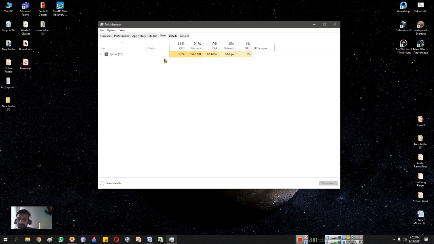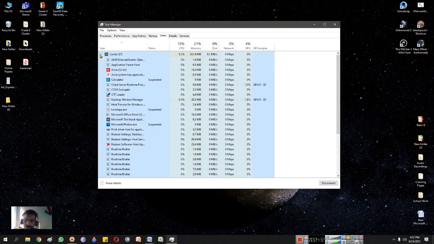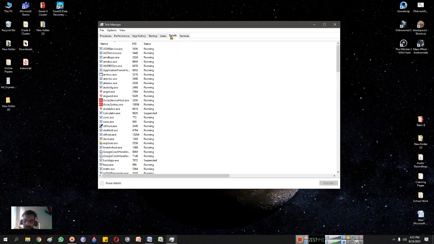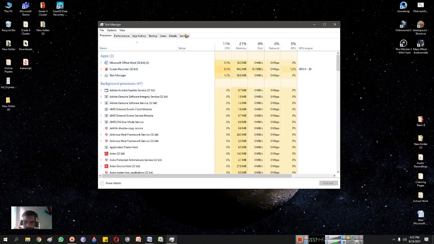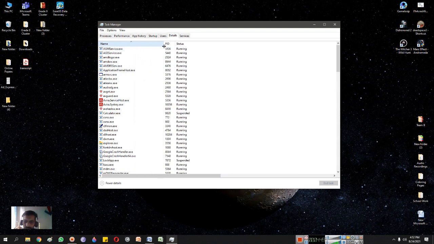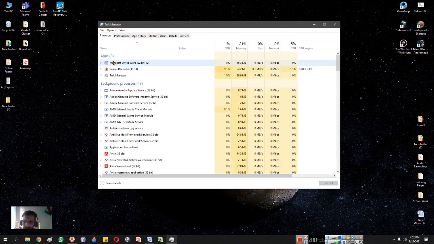Over here, this is the Users tab. It is telling you all the users that are currently logged in. Since I'm the only user on my system, I'm using 36, 37 apps on average at this moment with these specs being used, right? In Details, you can see the details of all the processes you saw over here. You can find all the details, the sub programs which are running in the background. This is the PID number, which is the process ID. You can see which process over here